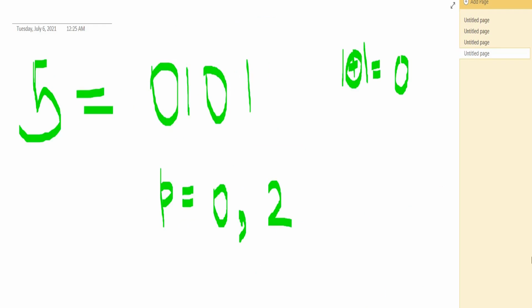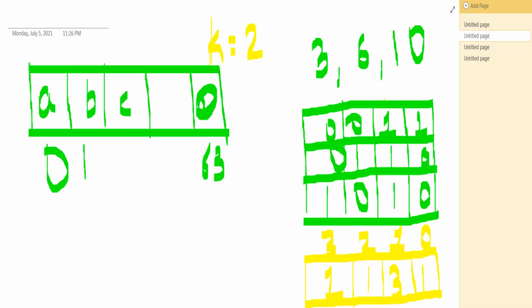To understand the question, let's take an example of a number 5. Now number 5 can be represented in binary as 0101. So we can clearly see that it has 2 bits set. And for this 5 to become 0, we need to XOR it with 1 and 4. So p should be selected as 0 and then p should be selected as 2.